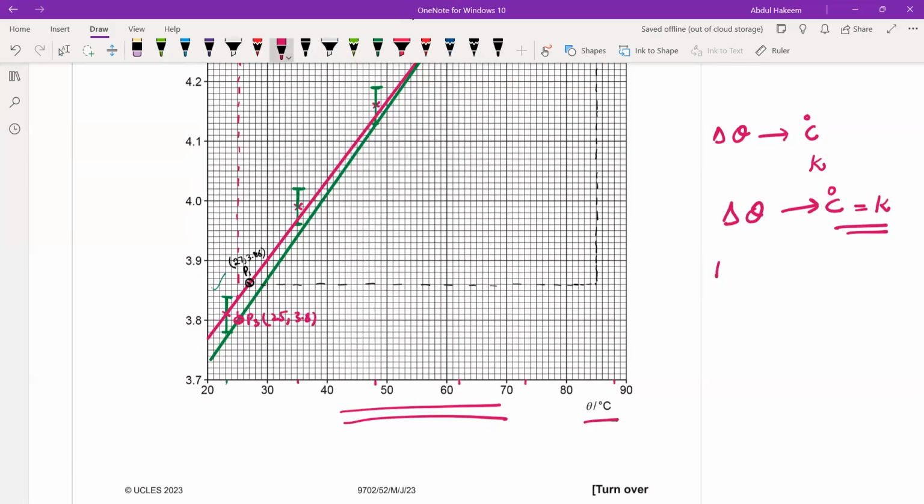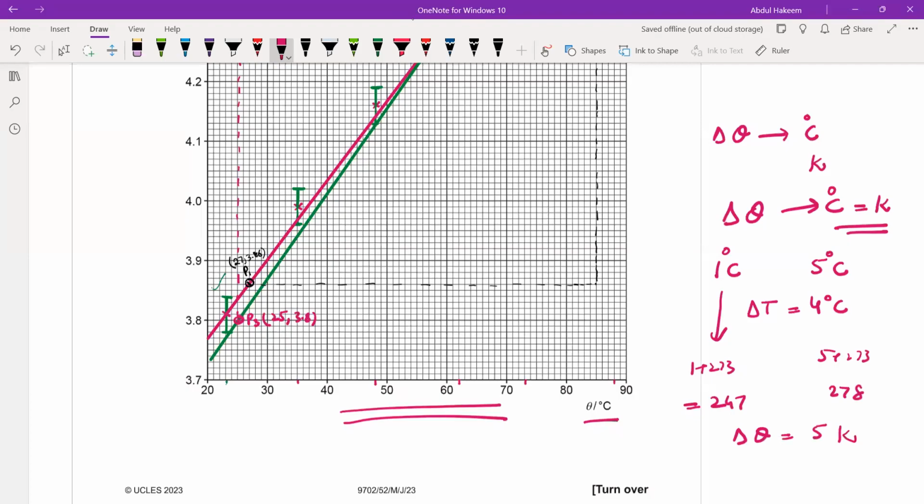For example, we have two values, 1 degree Celsius and 5 degrees Celsius. The difference of these two temperatures is 4 degrees Celsius. But when you convert to Kelvin, you add 273: 1 plus 273, 5 plus 273. So this is 274 and this is 278. Then the change of temperature is again